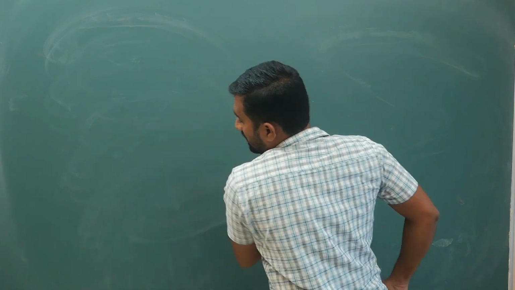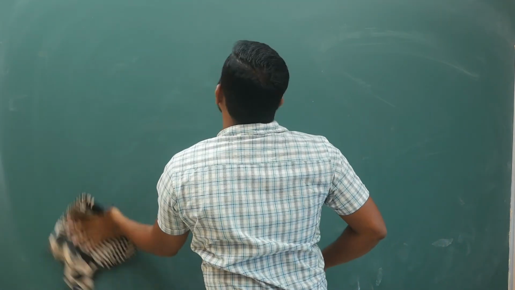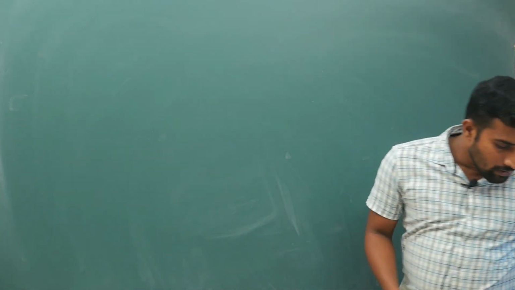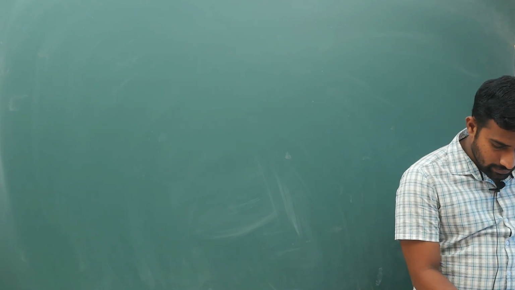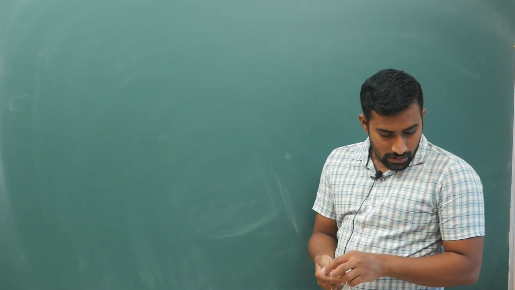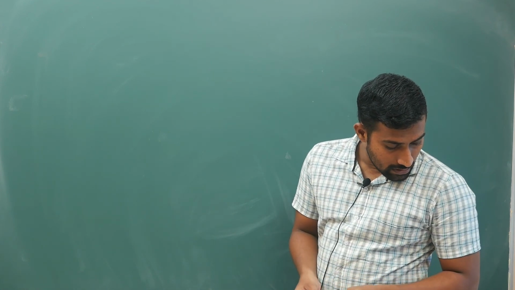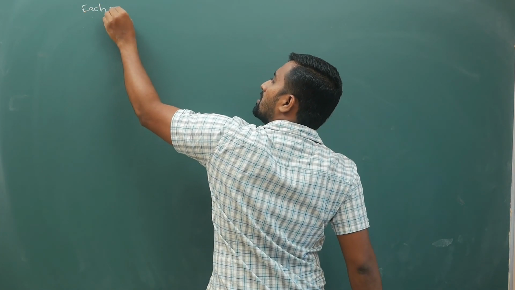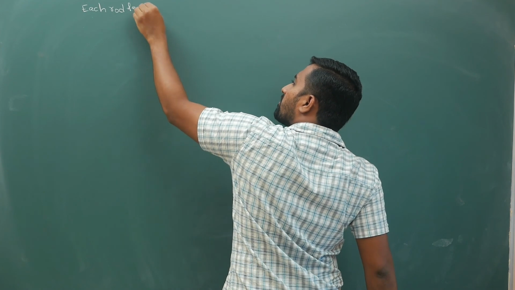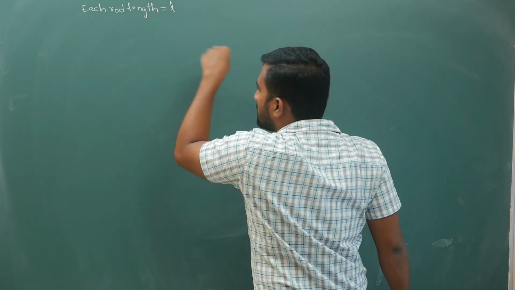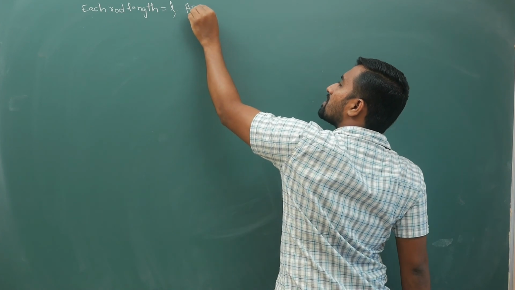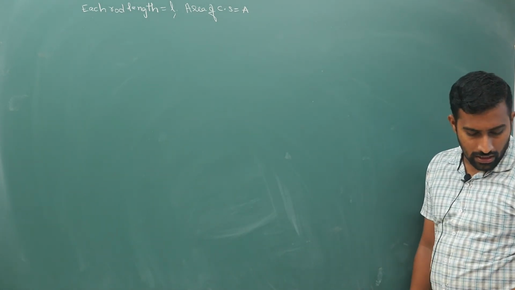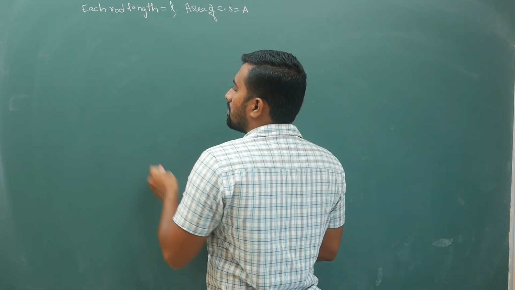In place of potential, what we have is temperature. So you will have very simple fundamental questions. What is the question? Each rod has length L. For the following questions, each rod has length L and area of cross section A. It is not required, but there are different rods. So you will have simple questions like this.